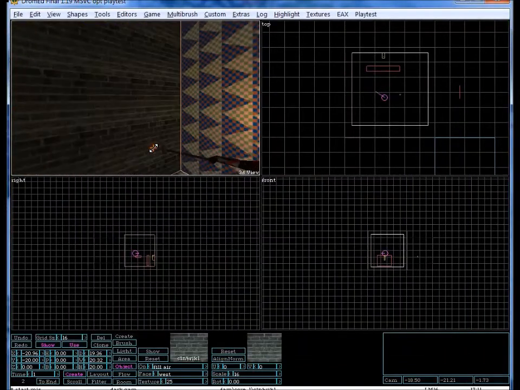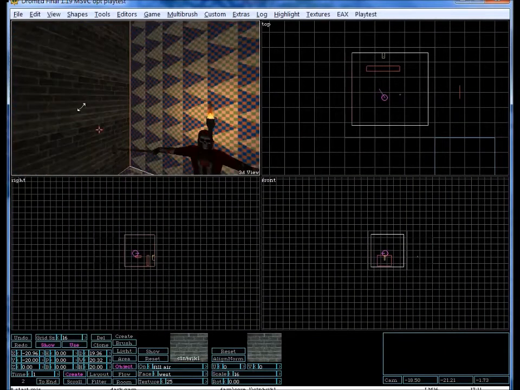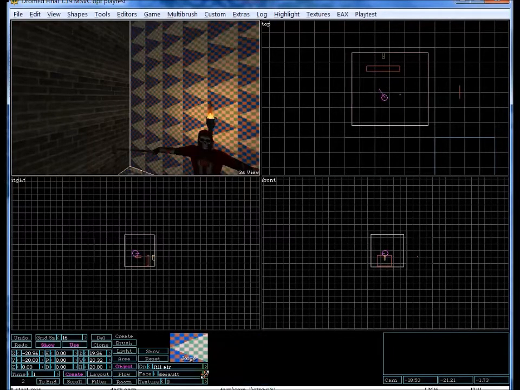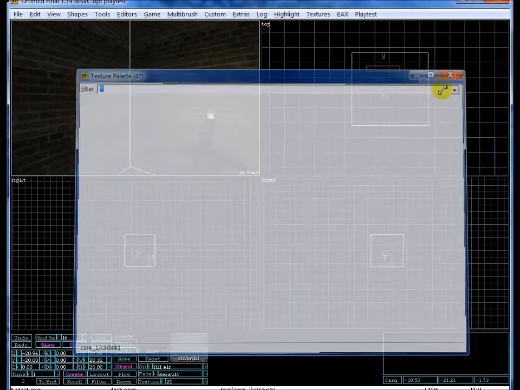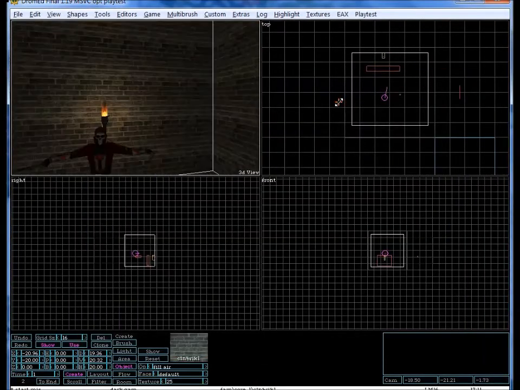So I double clicked it and it put it on that face, but I don't want to have to go and do each one individually, so I'll just go to default, alt+e. There we go, and now it's selected. The only problem with that is it also does the roof and the floor. So now let's go back to bottom,